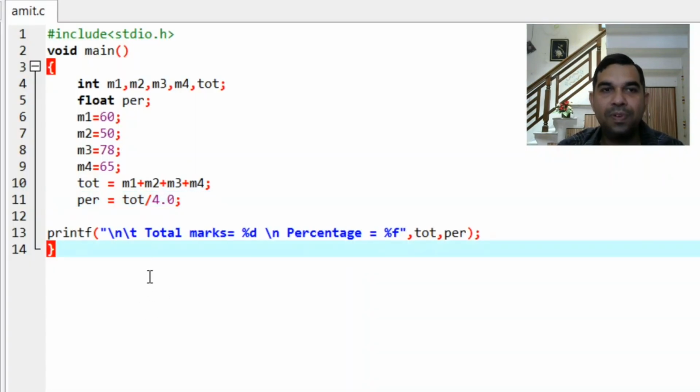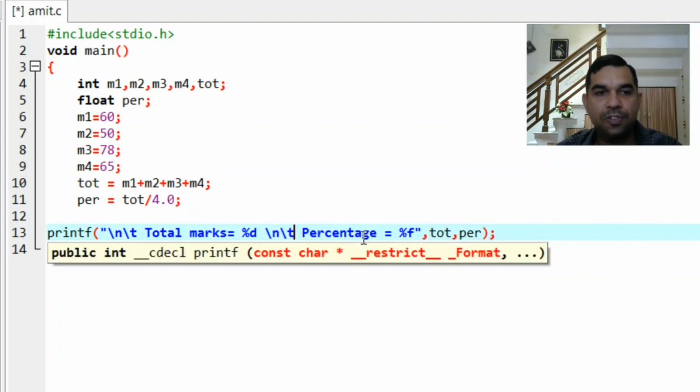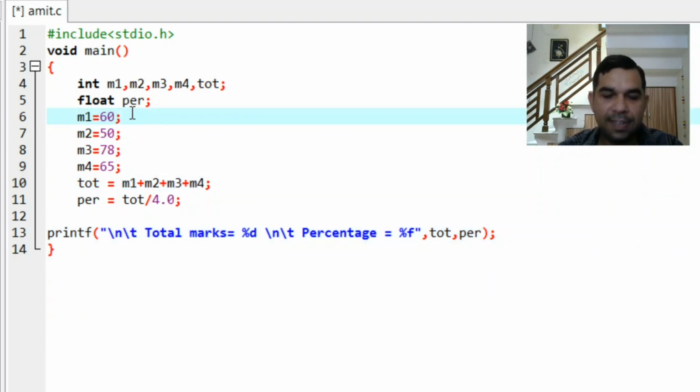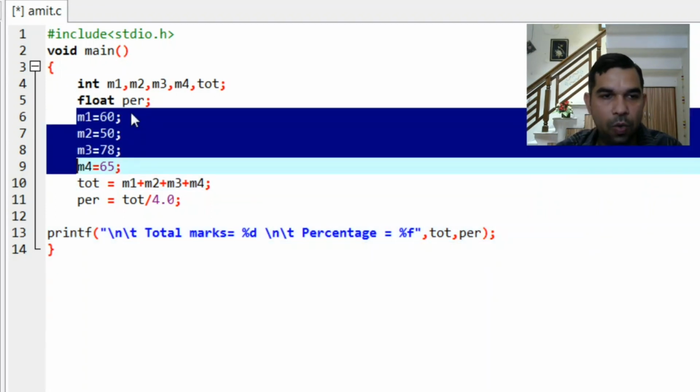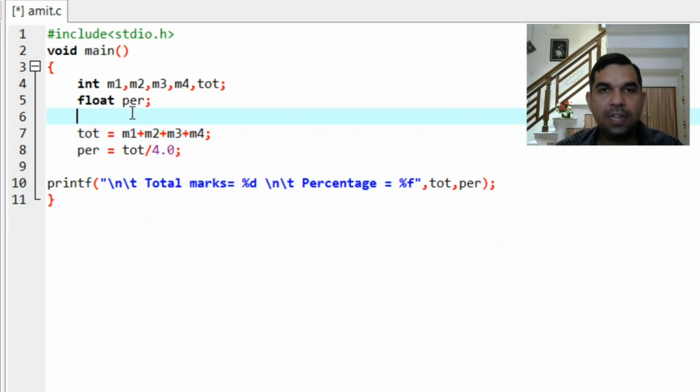Okay, I hope you got an idea of how we can declare variables, how we can initialize, and then how we can process those variables, and then print the output. Okay, let me add this tab key here also. Okay, let's convert this program into a general program in which we are going to enter marks through the keyboard.